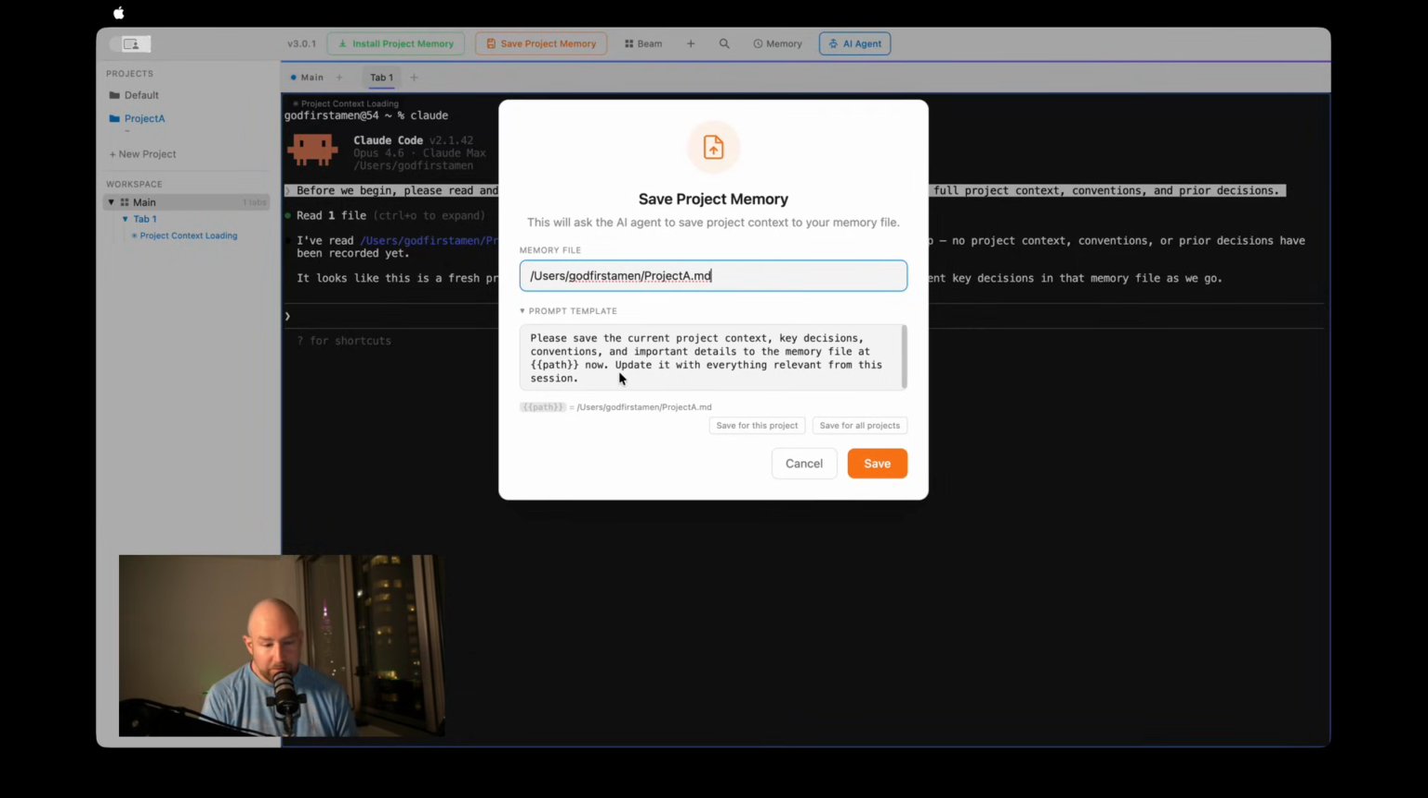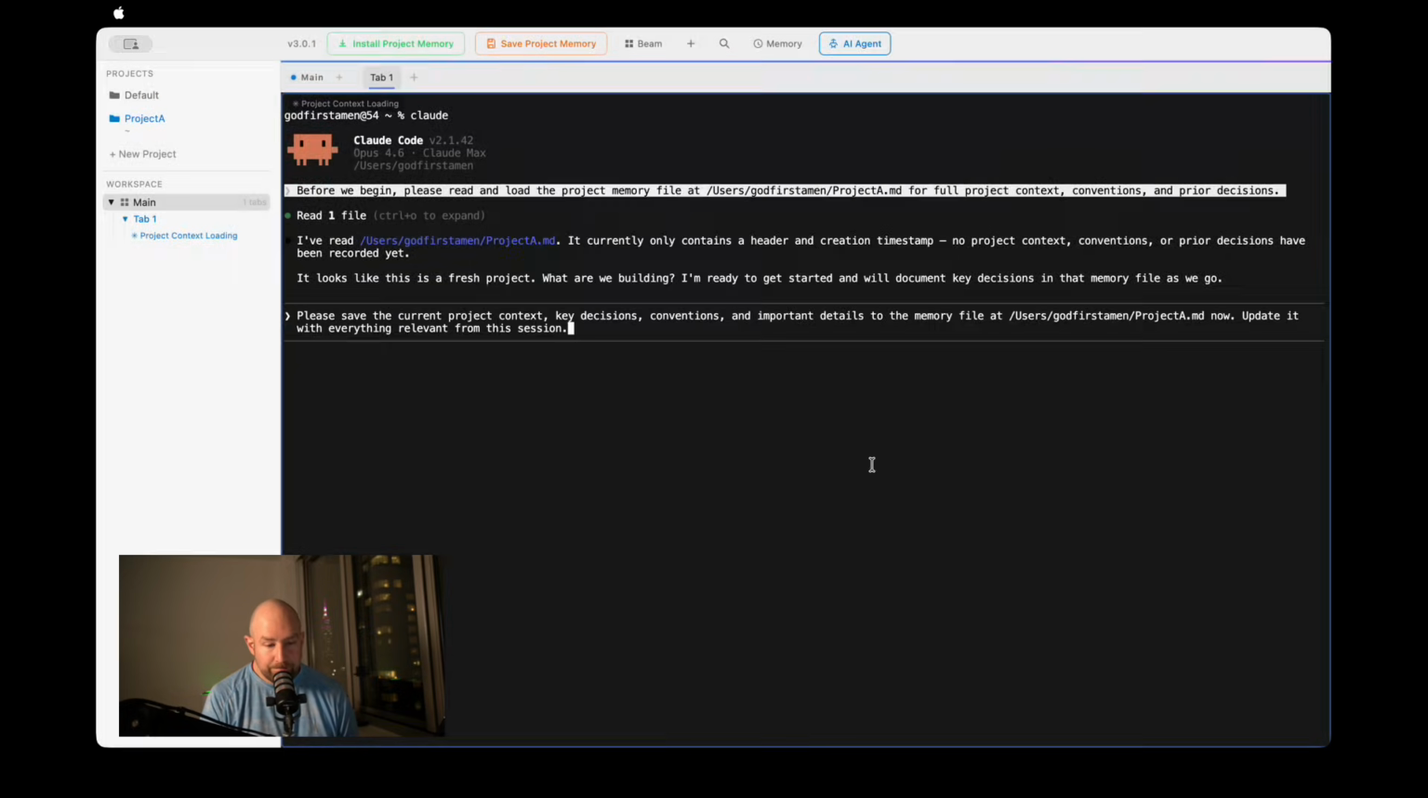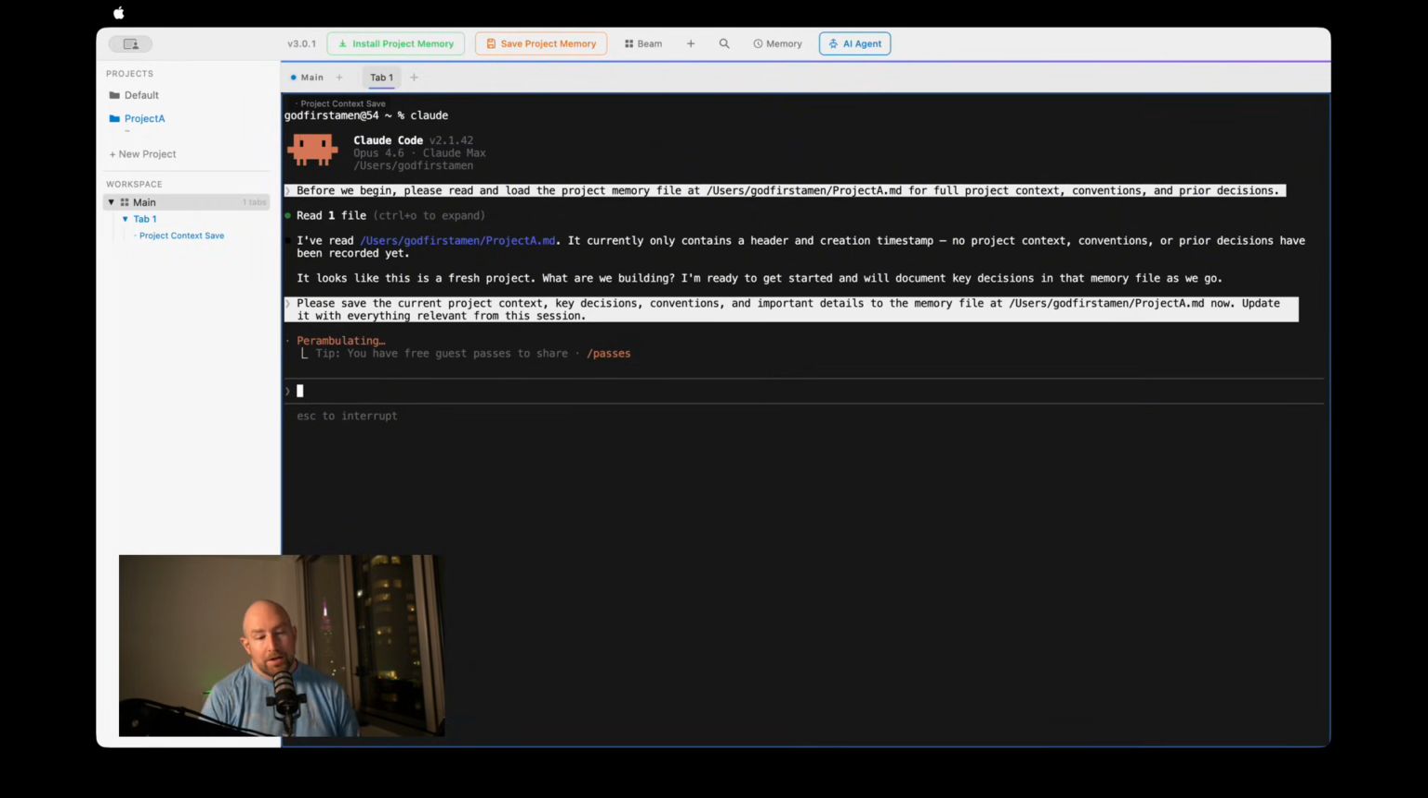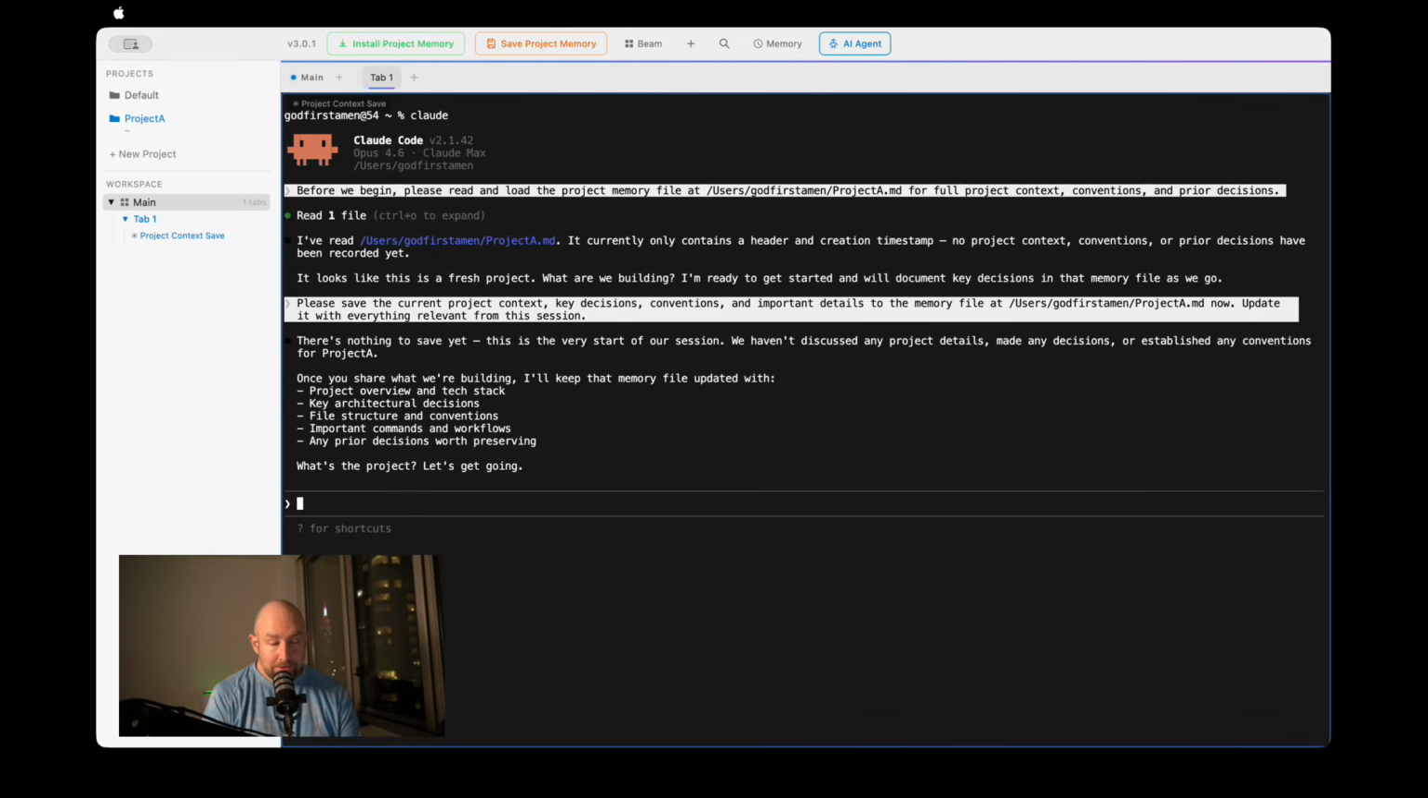So it says, please save the current project context, key decisions, conventions, and important details to the memory file at the path, same path. This is the MD file we referenced when we installed the project memory. Update it with everything relevant from this session. Inject this. And what's cool is that once I do this, this MD file is basically evolving with the session,